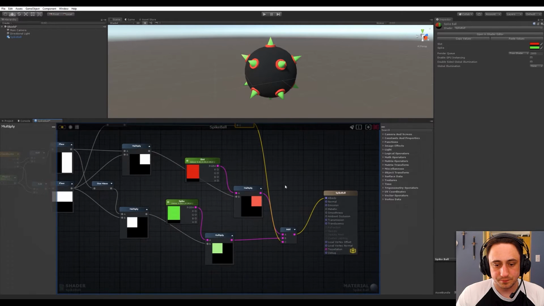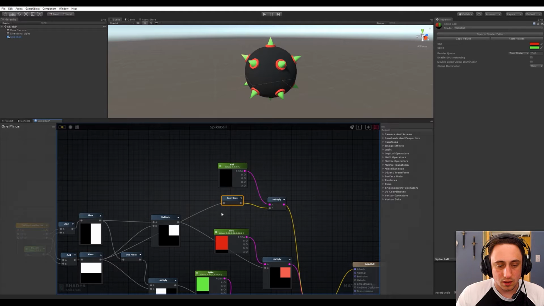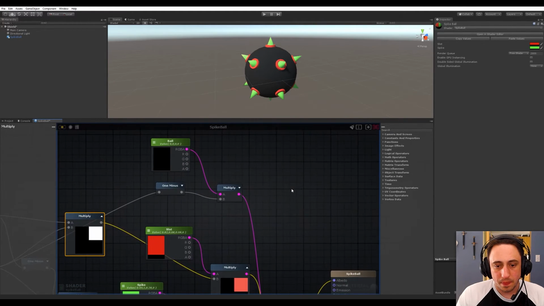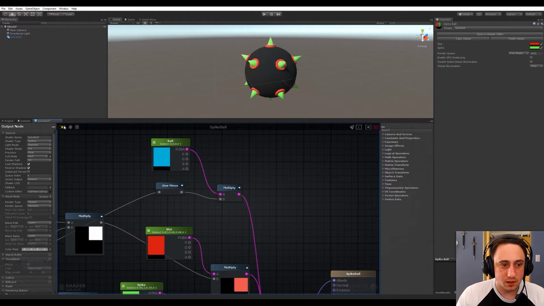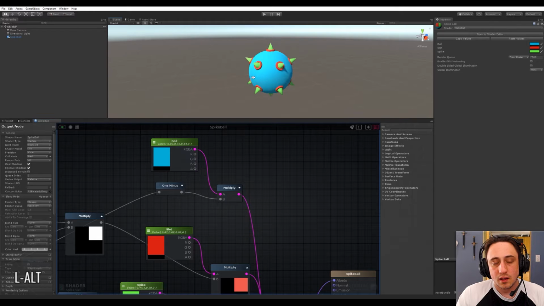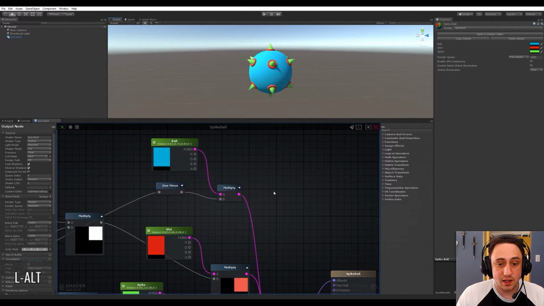And that should be it. And you can clean this up however you want. Yeah, it gets a little messy. Anywho, let's make this blue, just so we can get a nice, clear understanding of what's happening here. So there you go. We have a completely customizable, as far as color goes anyway,